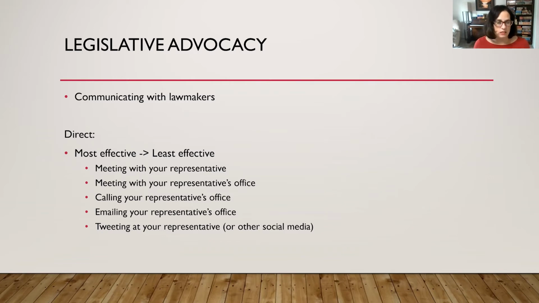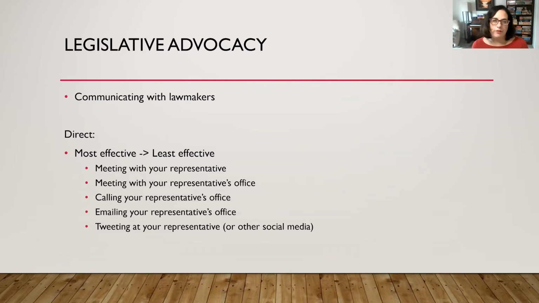But many of us, or many people, are really trying to build a voice for a specific issue and don't necessarily spend a ton of time making those relationships. At which point, obviously, you do your best to build authentic communication. So I put some examples on this slide where you're talking about most effective versus least effective.